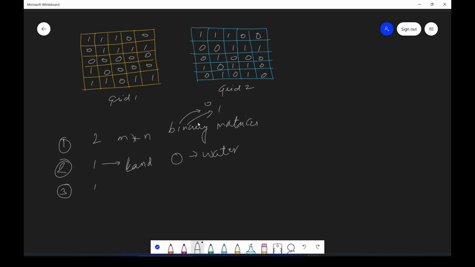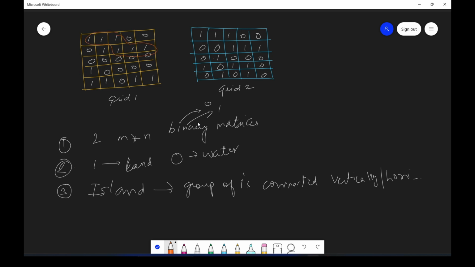And what do you mean by an island? An island basically is a group of ones connected vertically or horizontally. So if you see here, this is one island, right?